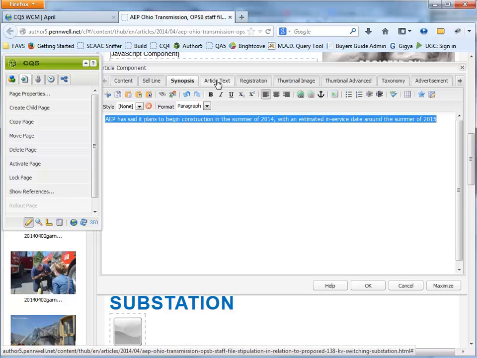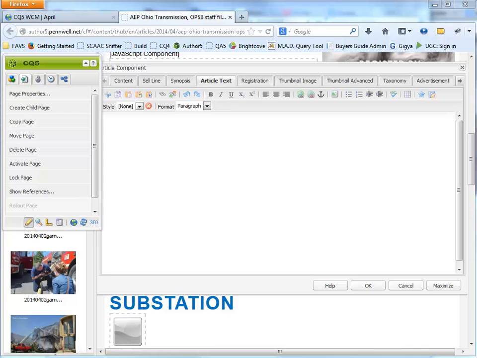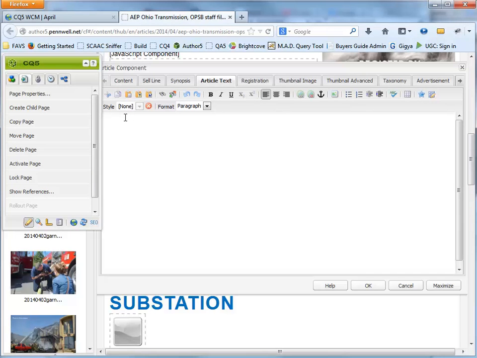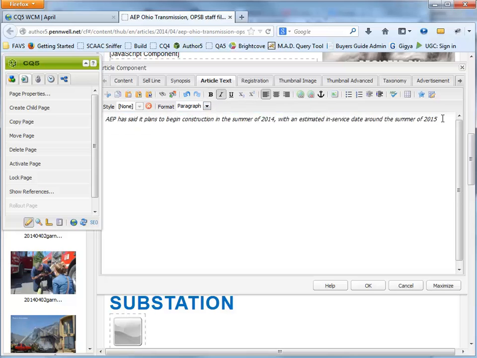Then I will switch to the article text, and from Word I'm going to take the deck, which is what you guys call the deck, and there isn't any particular place in the CMS to put the deck, so what I've been doing is putting it at the top of the article by pasting it in and highlighting it, unbolding it, making it italics. And then I will hit my carriage return, my enter button, a couple of times to bring my cursor down, and I will then paste the rest of the article,